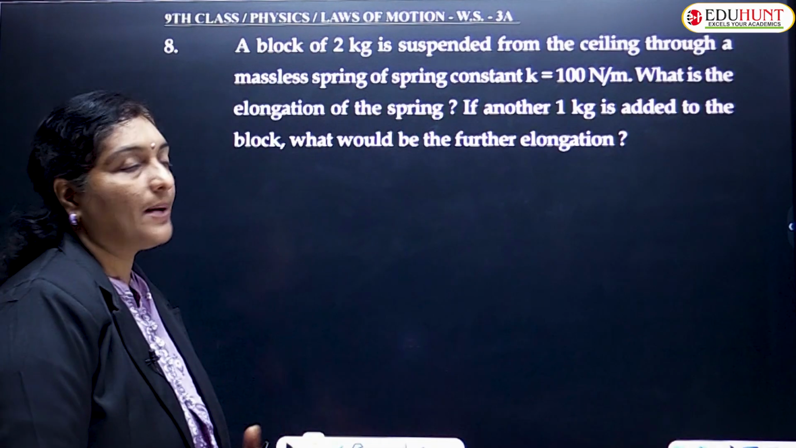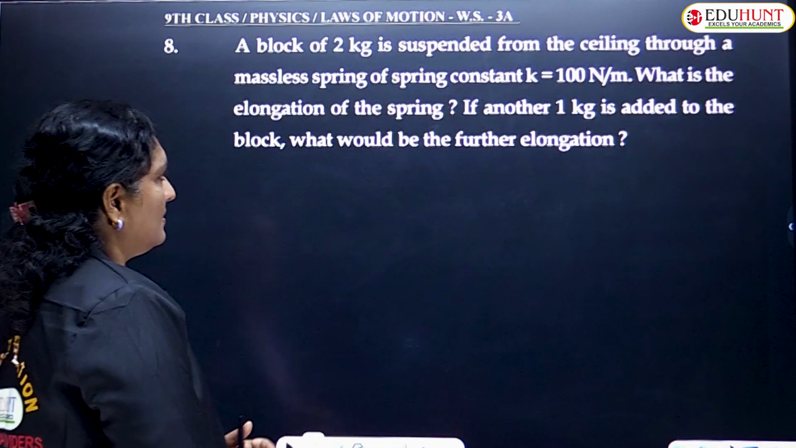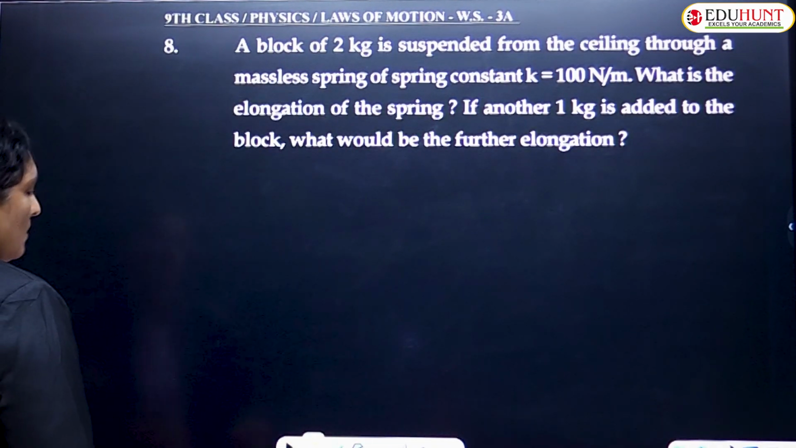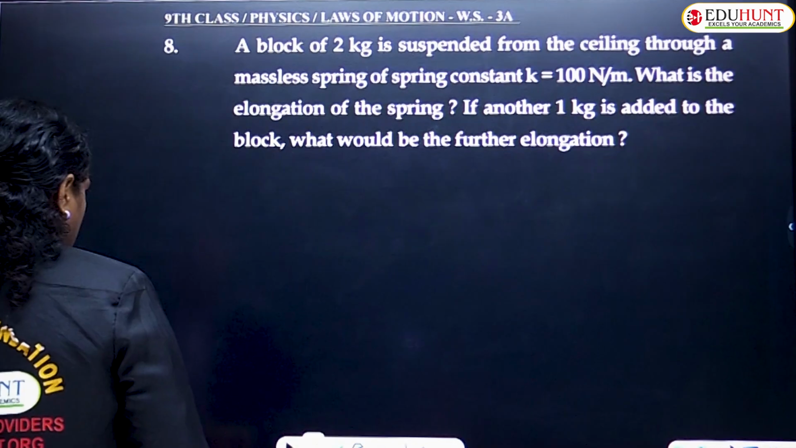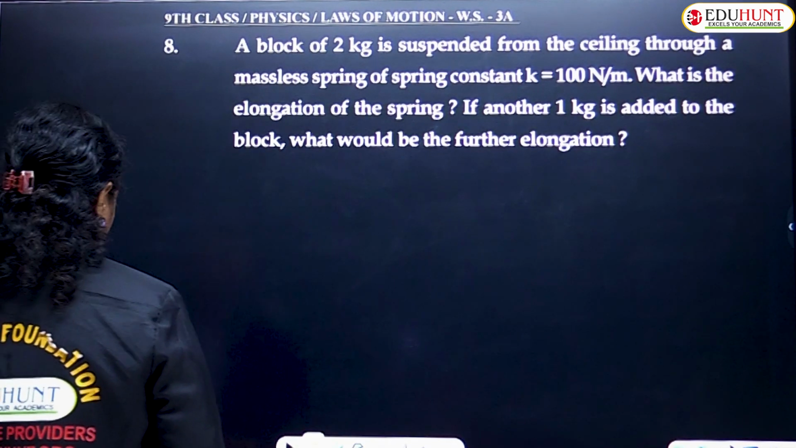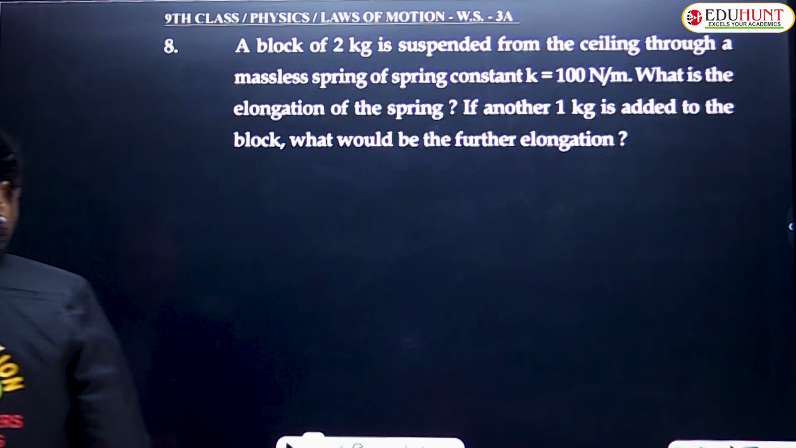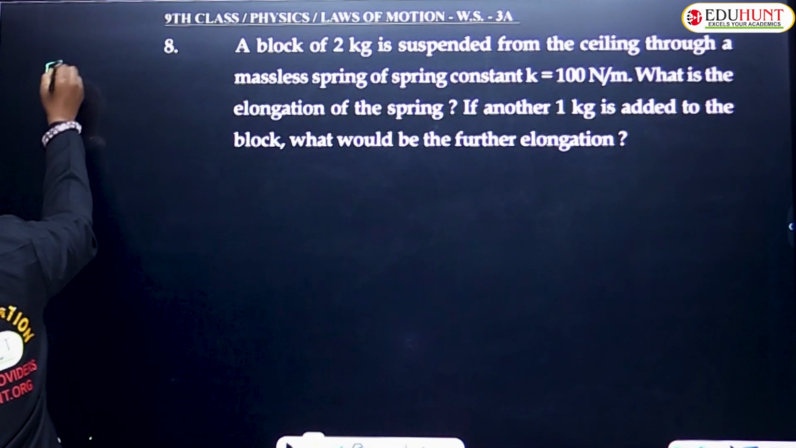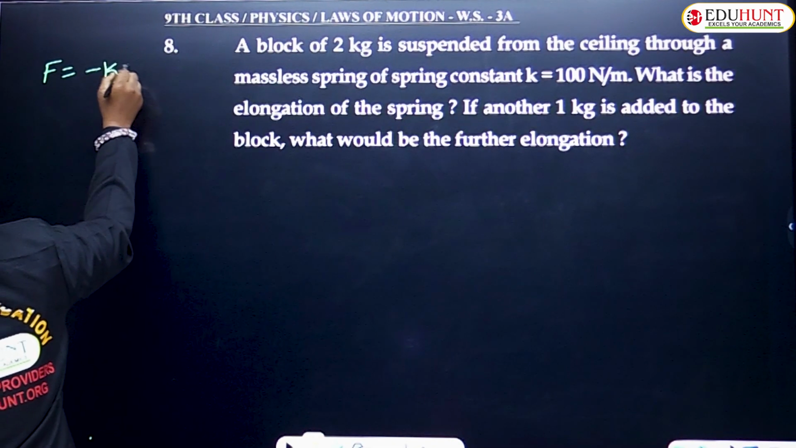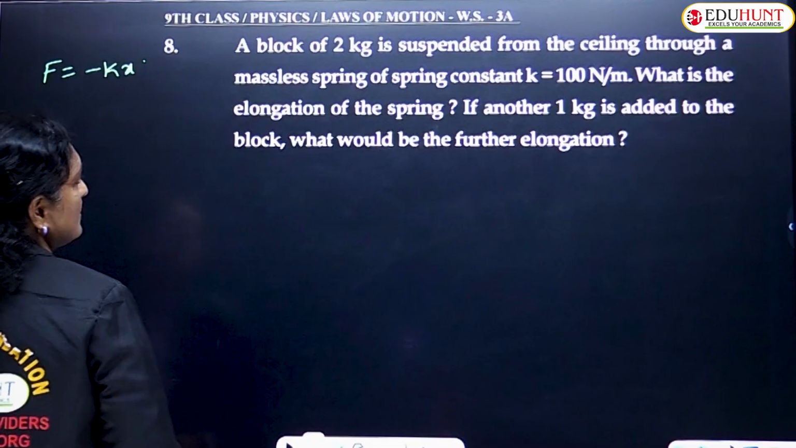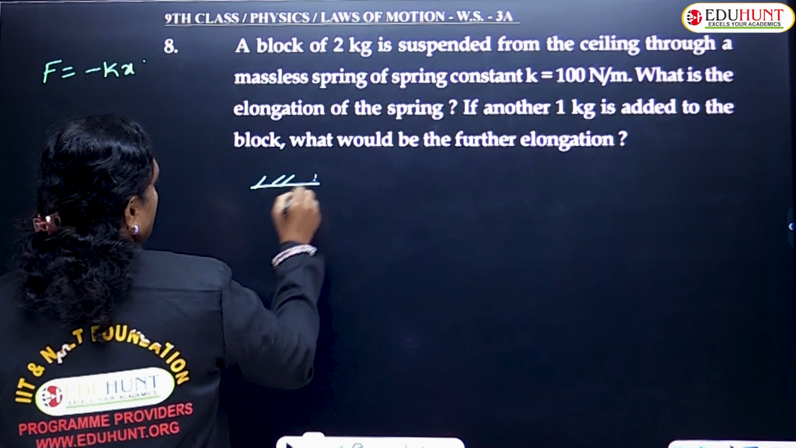Again, we have the second part of the question. We shall think about it later. Another 1 kg is added. We'll discuss it later. Anyhow, solving the 8th question, here we go. As we know, F is equal to minus kx. How is the force being applied, children? So this is your spring,